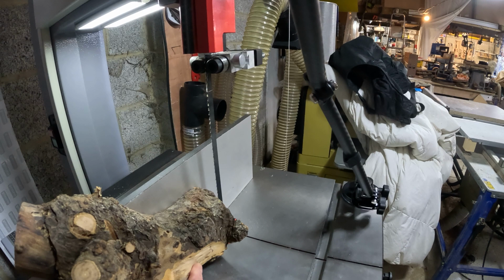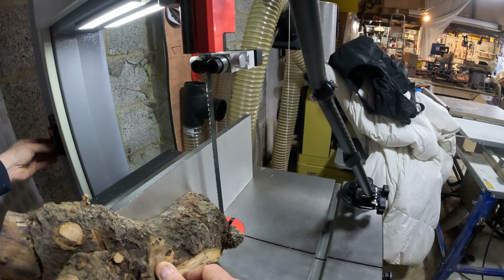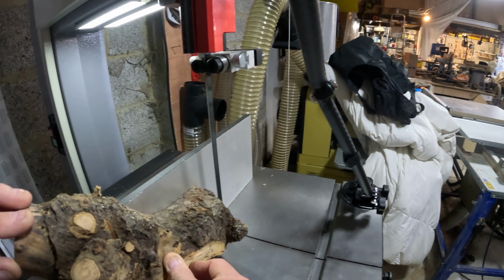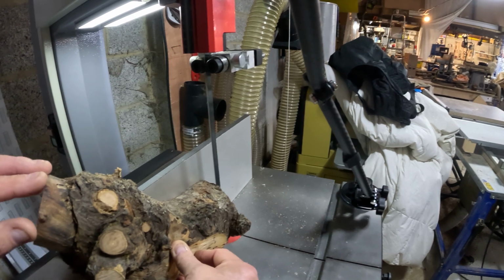The GoPro is actually attached to the bandsaw, so you'll get an idea of the amount of vibration it creates. It's very quiet. You can actually hear above it. So here we go. Hopefully I'll still have all my fingers by the end of it. Here you go. The camera is lovely and still, and I'm just going to very, very gently